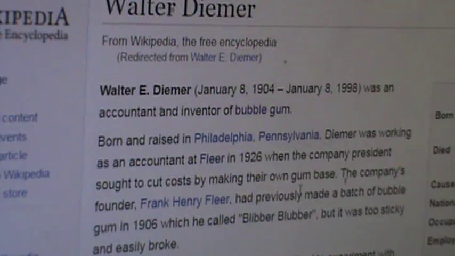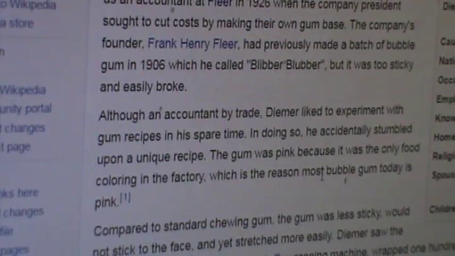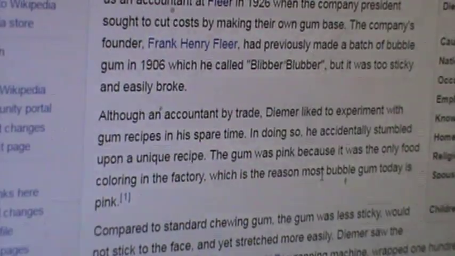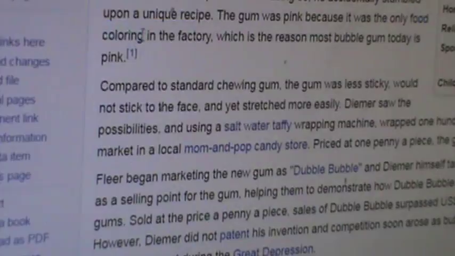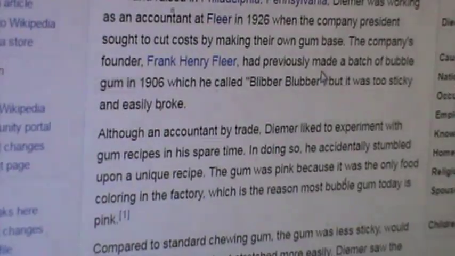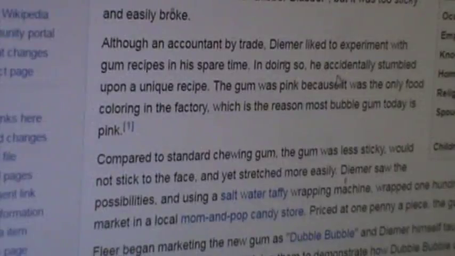Fleer. Cool. He was a Catholic man. Lived 94 years.